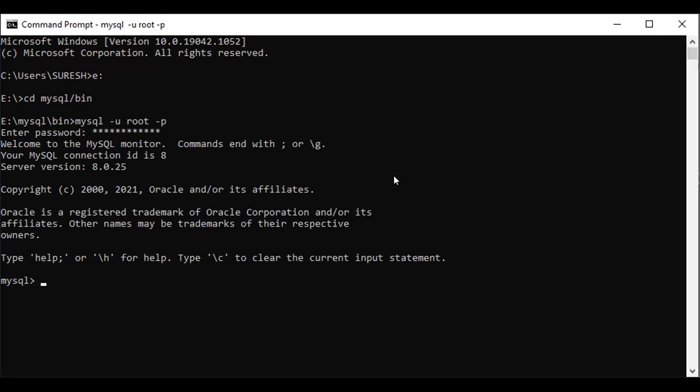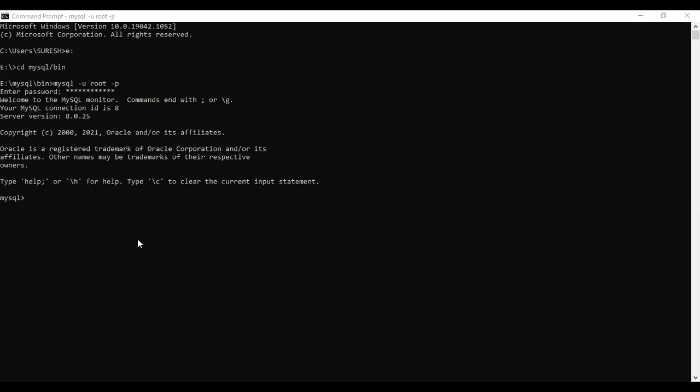Then MySQL is started. Next, we need to change the temporary password to our own password. This is the command: alter user, and you can write it in lowercase also, because SQL is not case sensitive; uppercase or lowercase doesn't matter.